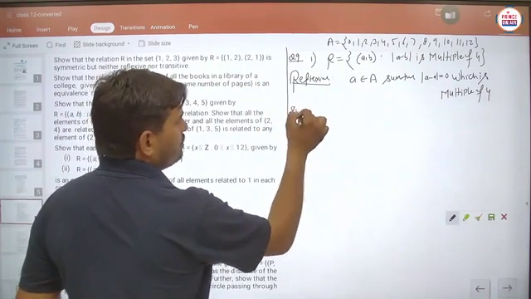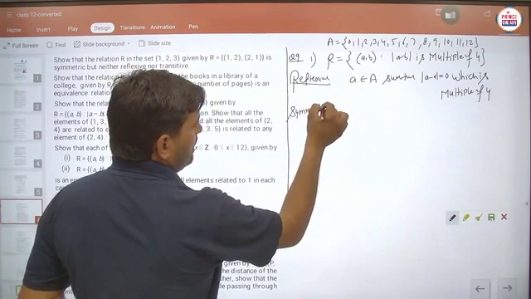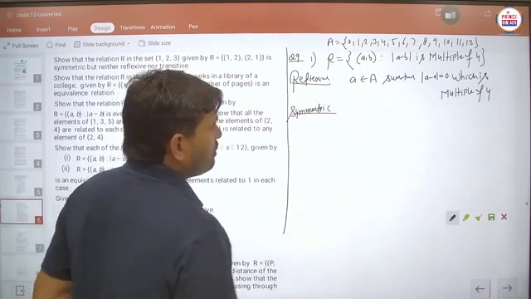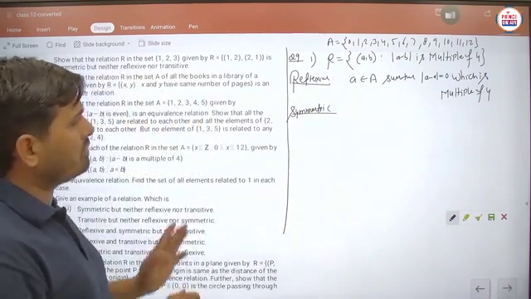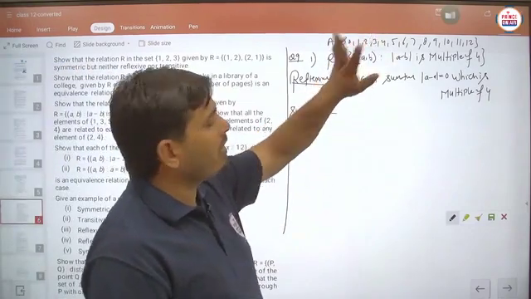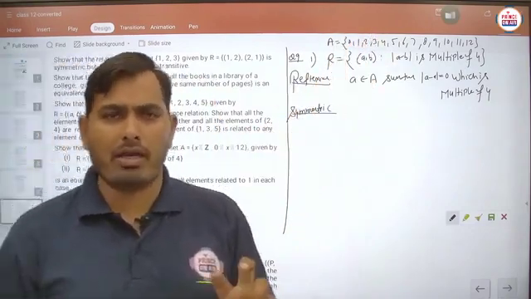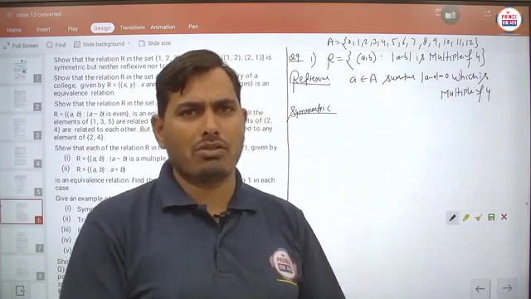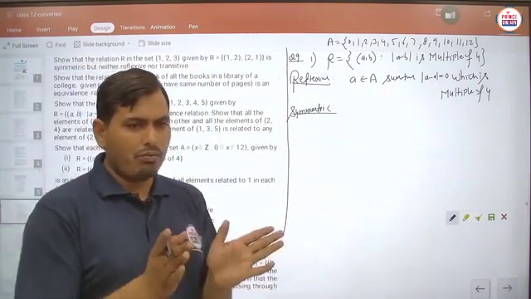Next student, we have to check for the symmetric. For the symmetric, we have to take an ordered pair. Suppose we take the two numbers 0 and 4. Then 0 minus 4 will be minus 4, but here we have to use the modulus sign, so there should be no problem. Suppose any two numbers.